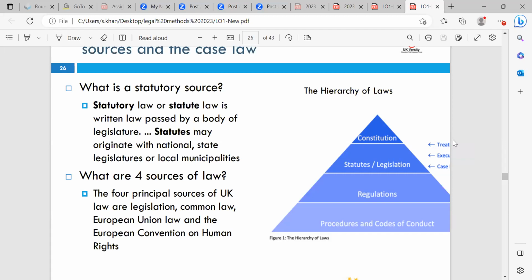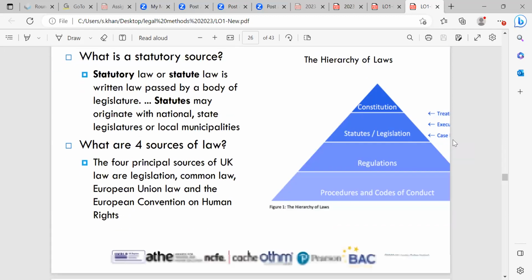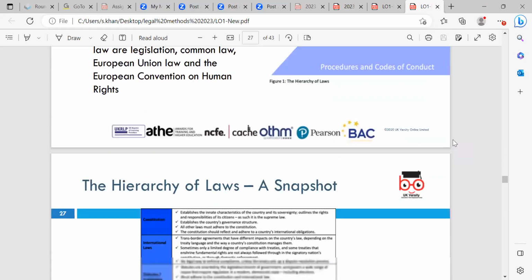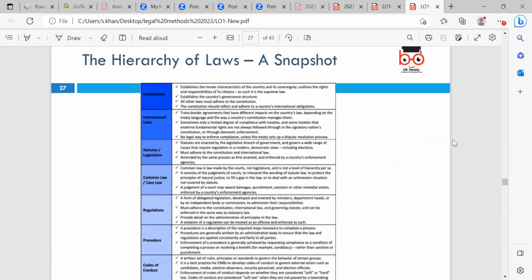So we've got that diagram, the hierarchy of laws. We've got constitution, statute law, statute and legislation, regulations and procedures, and codes of conduct. The hierarchy of laws, and this is a snapshot of what the hierarchy of laws is. Firstly, we've got constitution, which is